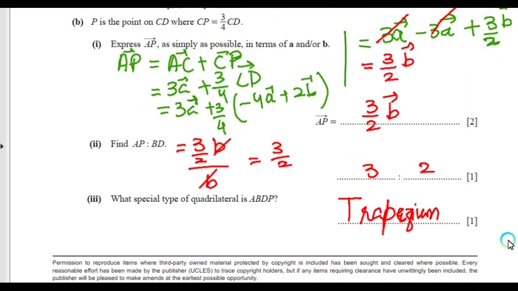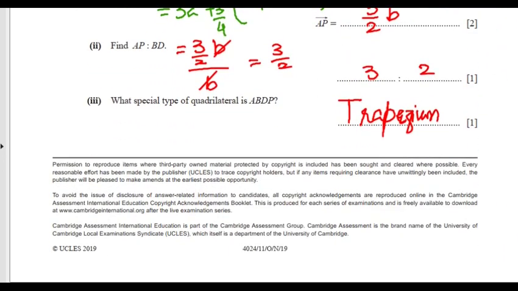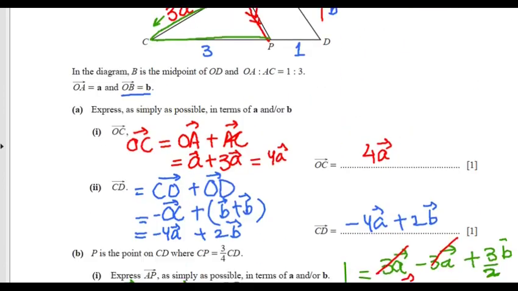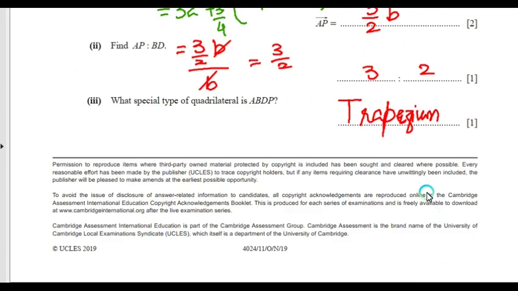Okay, then find the ratio of AP to BD. AP is 3/2 B and BD is B, only B. So the ratio will be 3